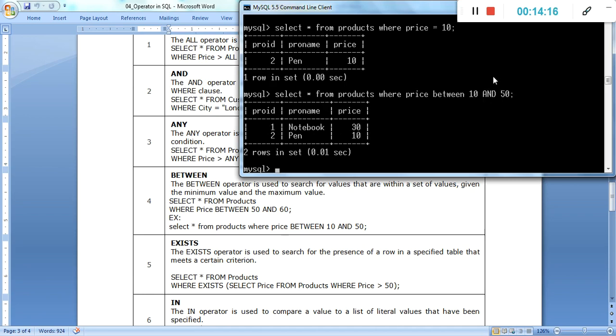Then it gives the particular rows whose price is between 10 and 50. It considers 10 as a particular value, so it shows the 10 and 50 themselves. If we mention 10 and 15, it provides the prices of products between 10 and 15. It considers 10 and 15 also, and that is exactly the use of the between logical operator.